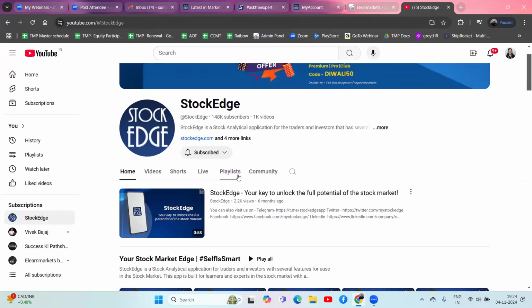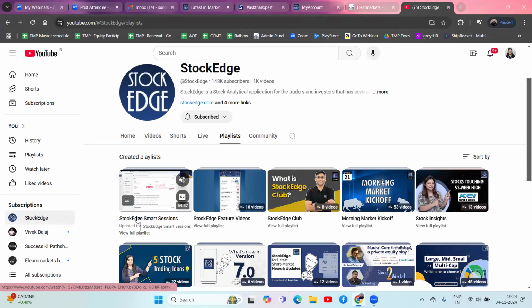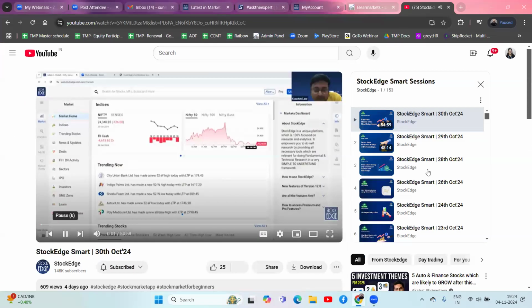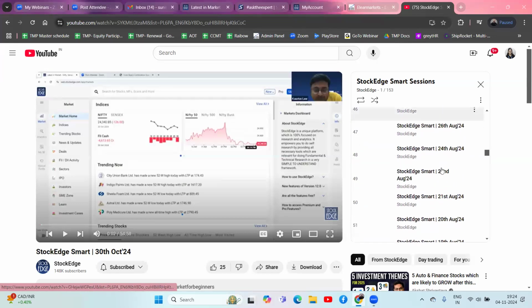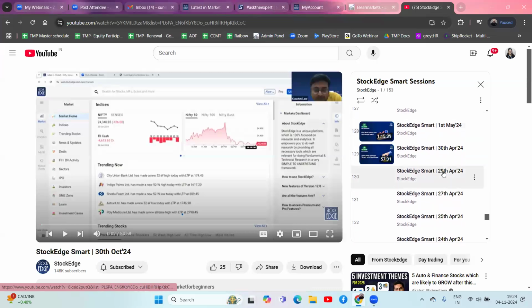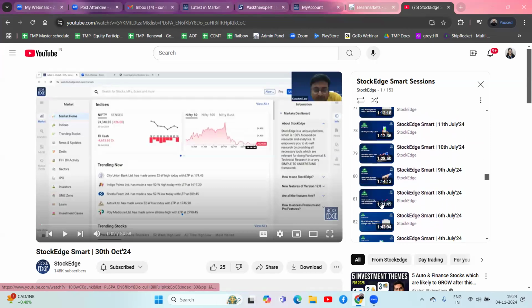Now click on the playlist tab. So you can see Stockage Smart Session. ठीक है? तो ये Smart Sessions की playlist है entirely. जितने भी sessions होते हैं, ठीक है? So 30th October, 29th October, 20th October. So all the playlist is available here entirely. जब से हमने ये सेशन स्टार्ट किए हैं उसकी पूरी प्लेलिस्ट यहाँ पे आपको मिल जाएगी। ठीक है।